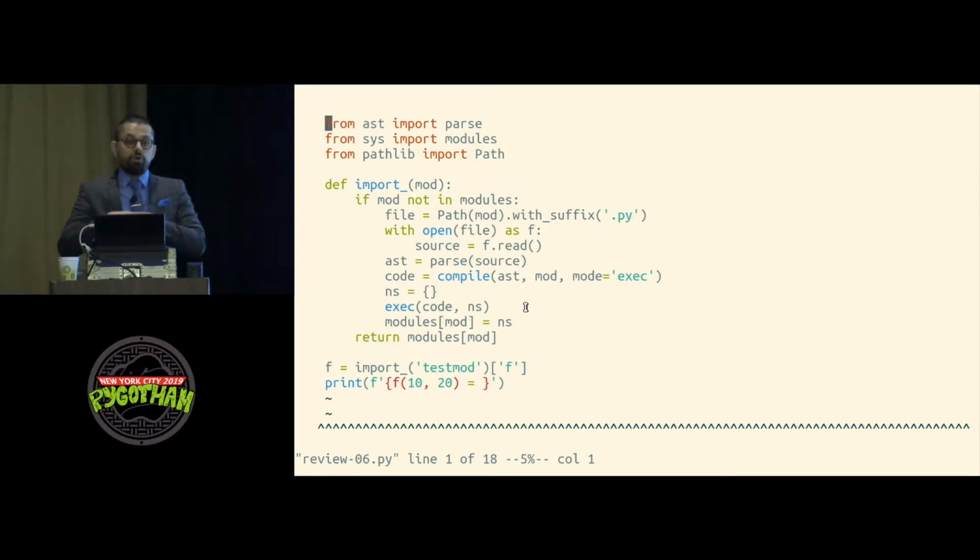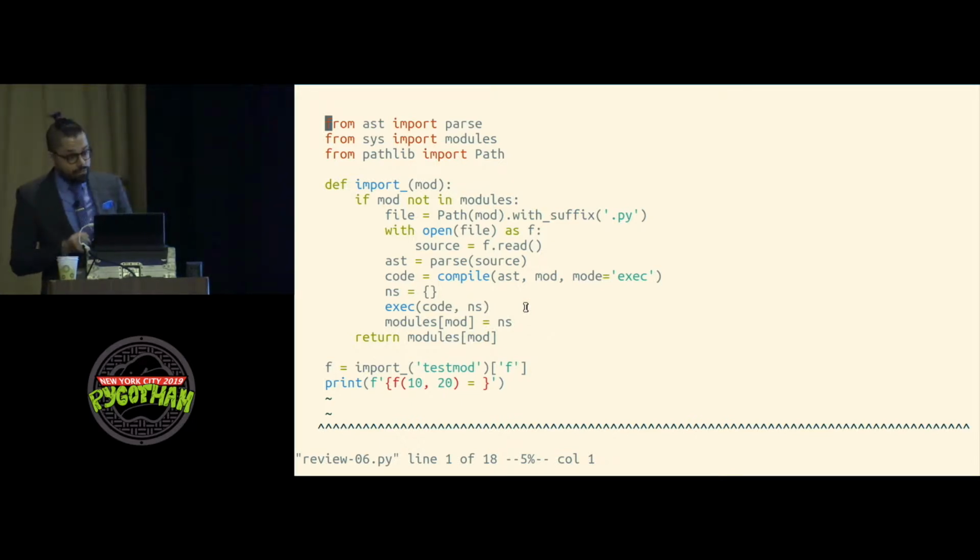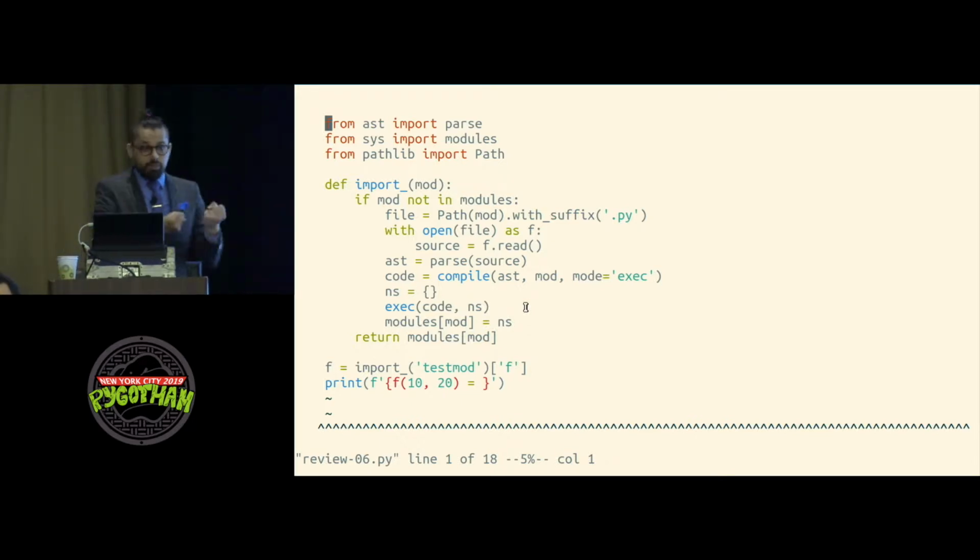If I've imported this module before, just return the value that I imported before out of sys.modules. If I haven't, go find it through some mechanism. There's actually a very complex mechanism you can hook into. It used to be called import hooks, and now it's part of a larger import mechanism. It goes and finds a file, probably some file with a py extension. It opens that file, reads the source text out of that file, parses that source text like we saw to generate the AST, compiles that into bytecode, executes that in some namespace,